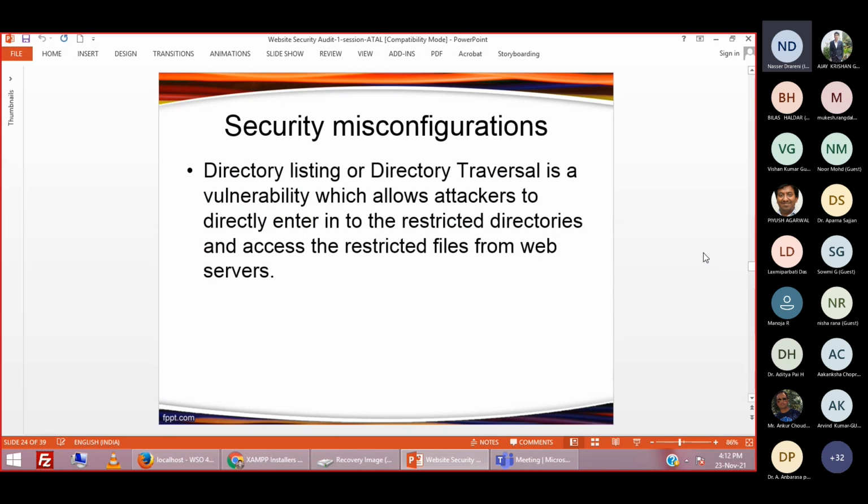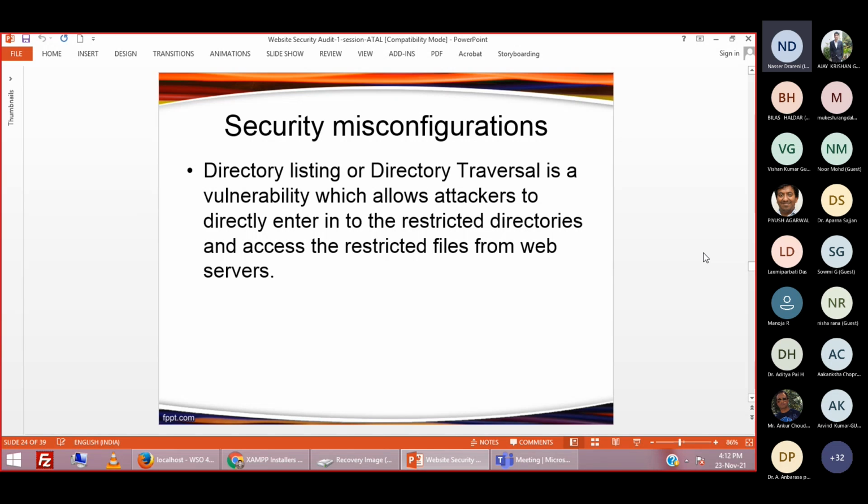The next vulnerability or the next attack available in your websites is security misconfiguration. Security misconfiguration is also very simple and very dangerous. It is very simple to perform and has a very dangerous impact, right? Many times this security misconfiguration is done by the developers or the administrator when they are under pressure or in a hurry.